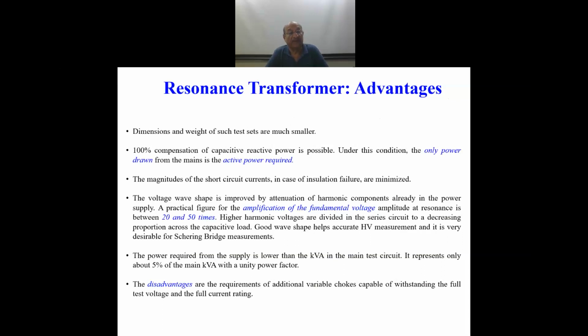current. The magnitude of the current would be very high, the conductors must be thicker, and the size increases of the whole set. 100% compensation of capacitive reactive power is possible. And totally tuned, that means the resonant circuits are possible. Under this condition, the only power drawn from the mains or delivered by the test transformer would be the active power requirement, real power requirement, which is actually